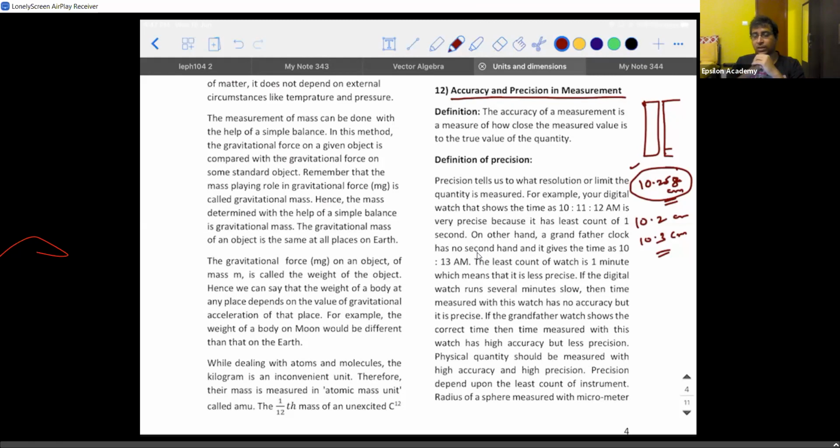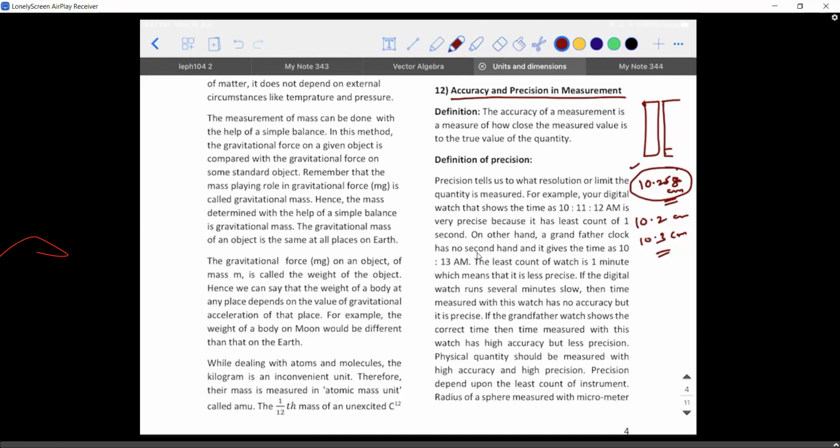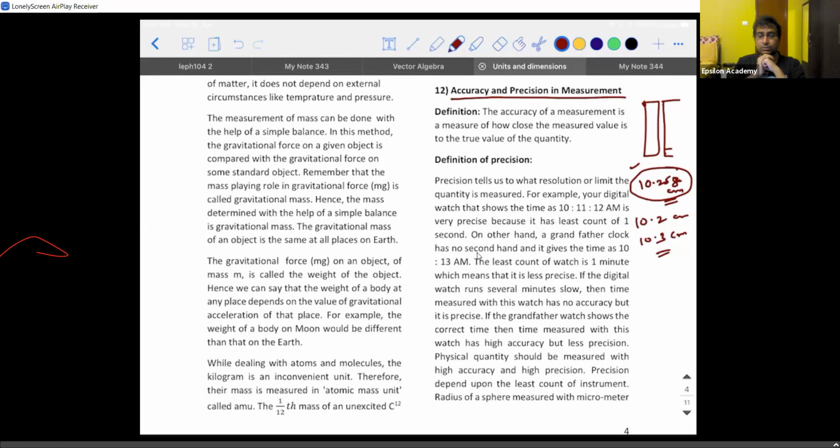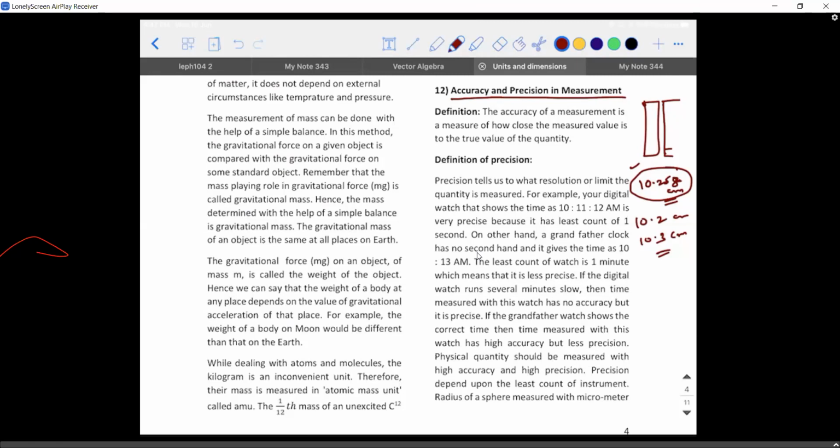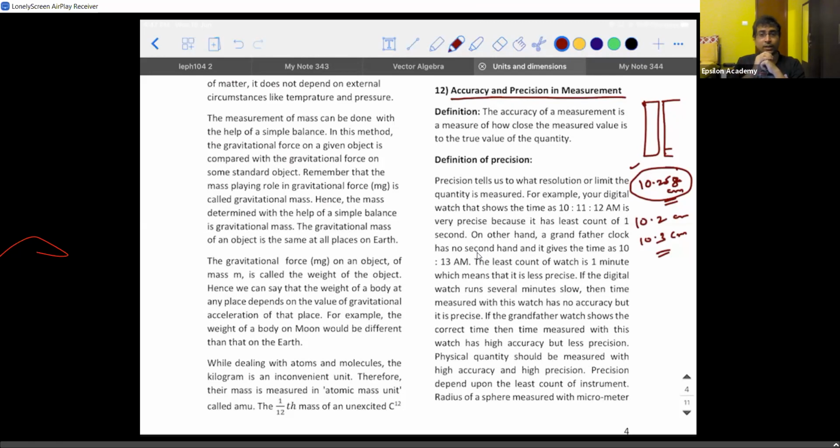Now, the second question I'm asking is, which among the three readings are more precise? 10.258. Why are you saying this? That's the actual exact value. And if you observe, they're able to report the answer till 3 decimal values, whereas with the limitation I have in my hand, I'm able to report the answer only till 1 decimal value. The next one is a guess because I am an approximator.